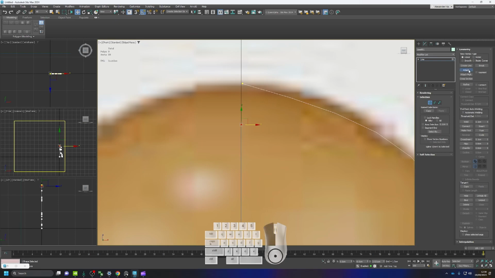Let's see if I can attach this to that one. No. Create line. Oh, perfect. All right, and so world vertices. There we go. And I should be able to turn off create line. Move this into the middle, and now we can make tweaks with our handle